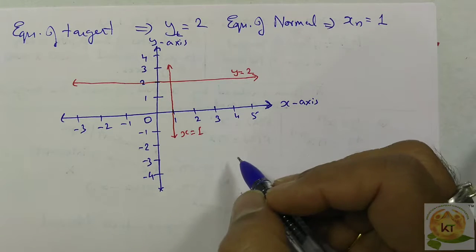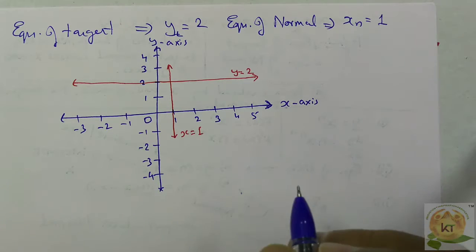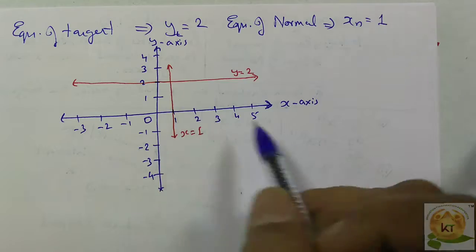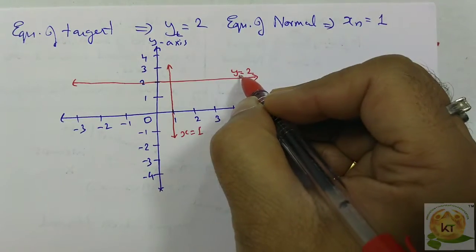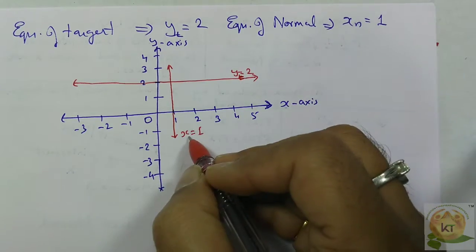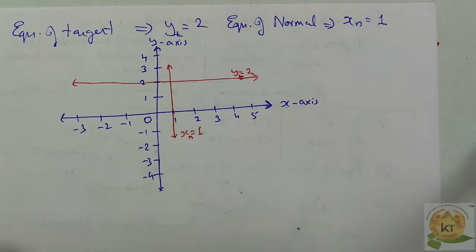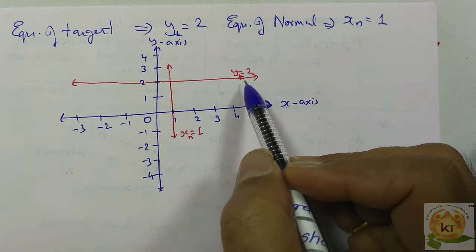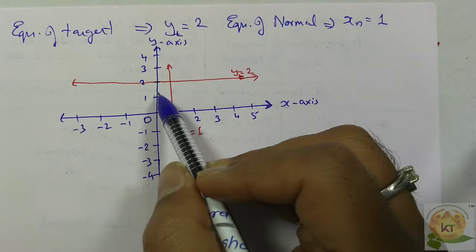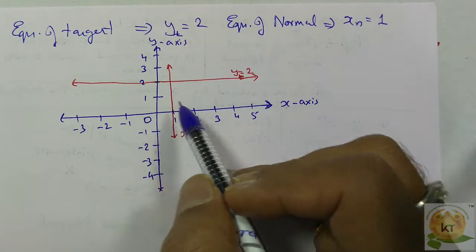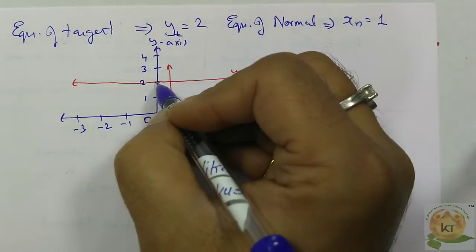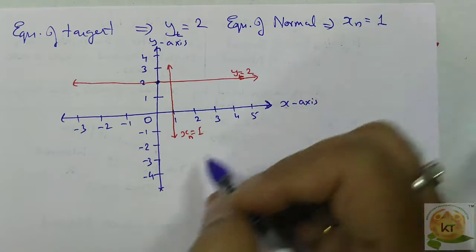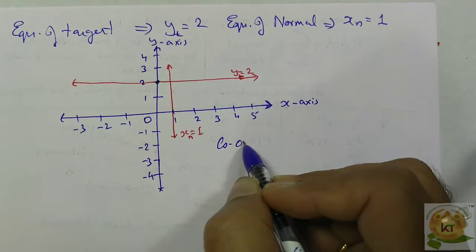They have asked me to find the coordinates of the point where the tangent, this is your tangent, right? So let me write it. This is your tangent and this is your normal. Okay, so you are expected to find the coordinate of the point where the tangent is crossing the x and the y-axis. Now this tangent is not going to cross the x-axis, definitely it will be crossing the y-axis, correct? So I'll be writing that coordinate